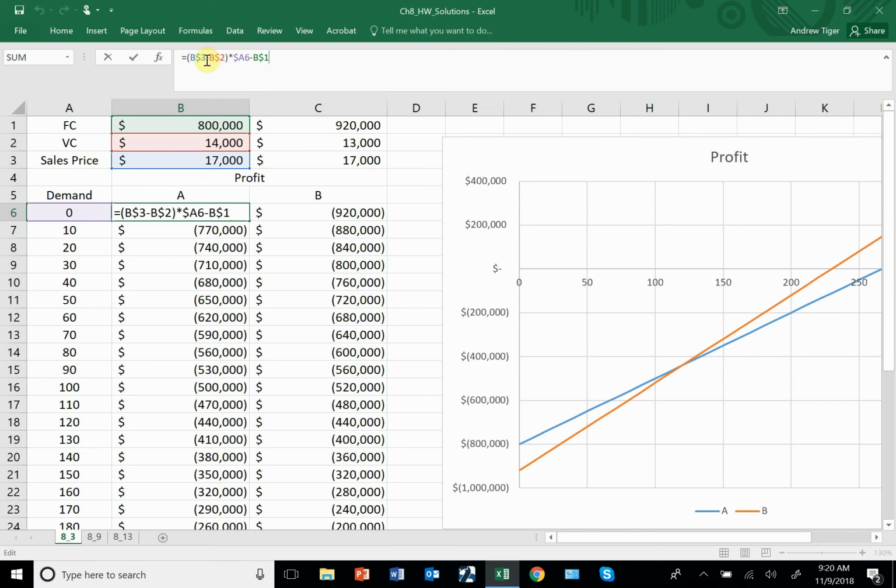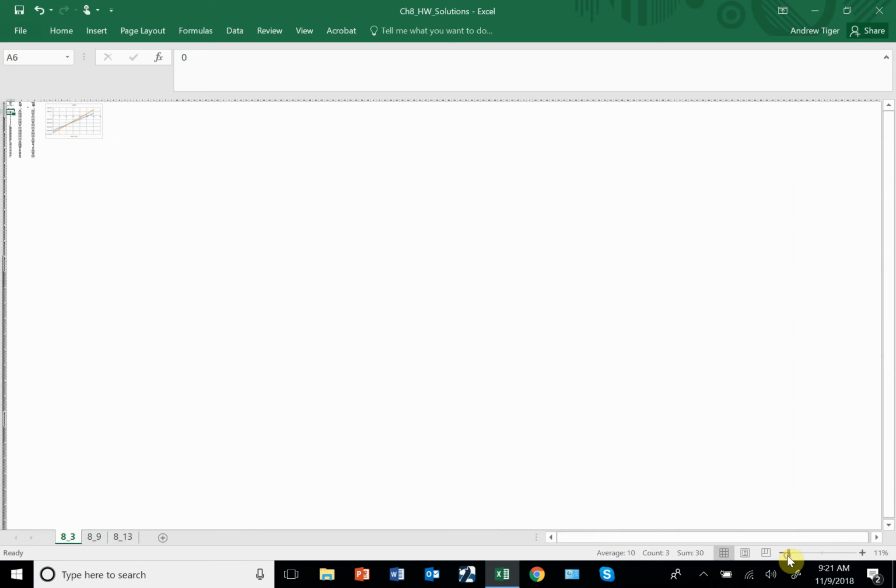So I take the difference between the sales price and the variable cost multiplied times volume or demand and then minus the upfront fixed cost. And notice I put dollar signs around my row references 1, 2, and 3, and then for my demand I put a dollar sign in front of column A. That way I can copy this way and I can copy it this way. How I chose demand on increments of 10, that was just trial and error. For this particular problem, increments of 10 turned out to be the best, but you can easily change that. So, once we have that,